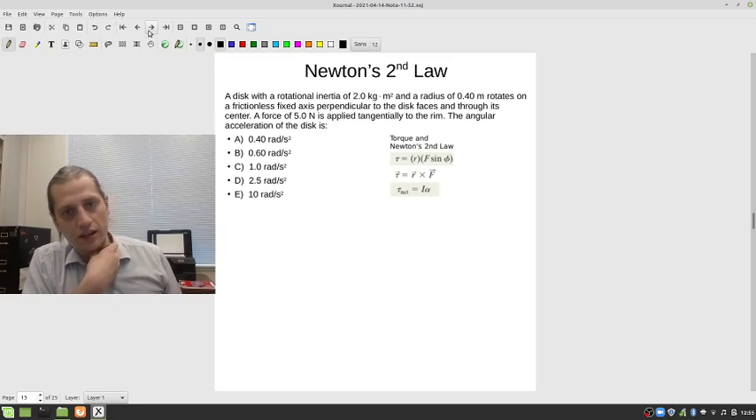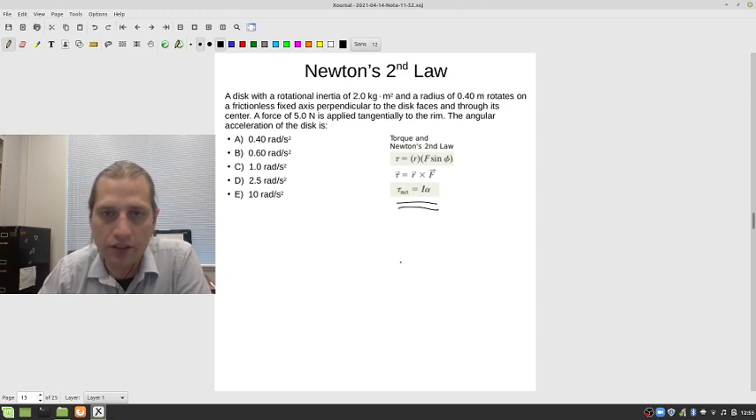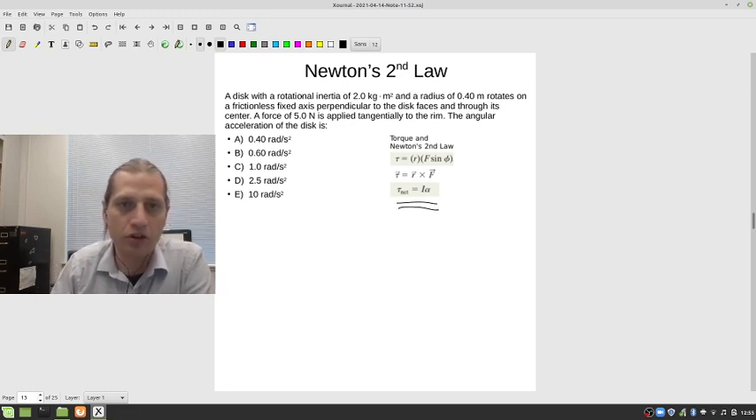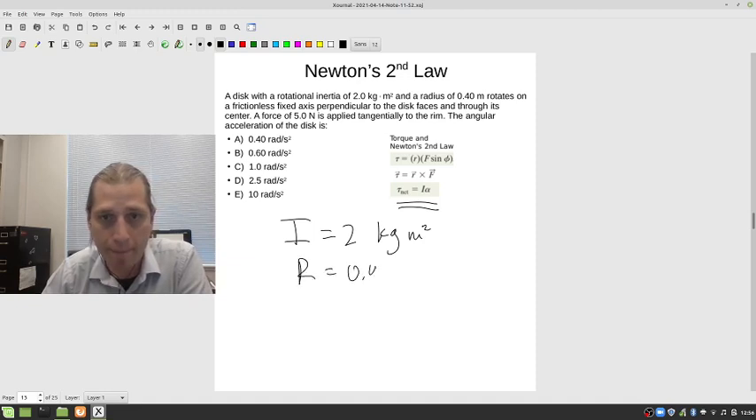Okay, so Newton's second law, if we go ahead and use our form of Newton's second law for this angular stuff, it says we have a disk with a rotational inertia of 2 kilograms times meter squared. So that's your I. And a radius of 0.4 meters rotates on a frictionless axis perpendicular to the disk faces and through its center. A force of 5 newtons is applied tangentially to the rim. Okay, so the force is 5 newtons,